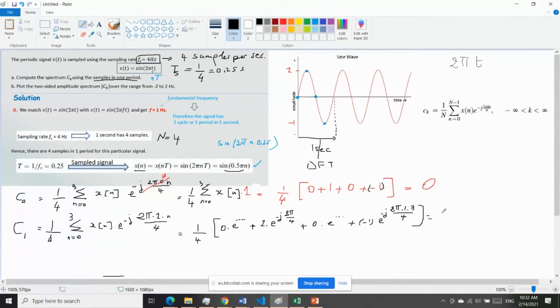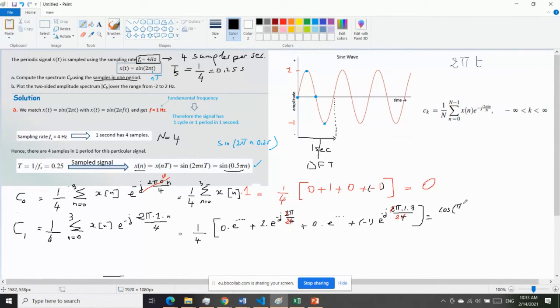So this is equal to... we need to break this down into sine and cosine. So this is going to be pi over 2. This would be 6, okay, the same thing, 3 pi over 2. So in conclusion, we break this down into sine and cosine, so it becomes cosine